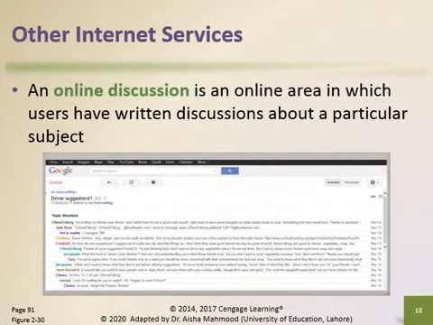An online discussion or discussion forum is an online area in which users have written discussions about a particular subject. To participate in a discussion, a user posts a message called an article, and other users read and reply to the message. A thread or threaded discussion consists of the original article and all subsequent related replies. तो किसी ने अगर कुछ पोस्ट किया है तो आप जब उसका जवाब देंगे तो वह उसके साथ इन अ थ्रेडेड रिस्पॉन्स रिकॉर्ड हो जाएगा।